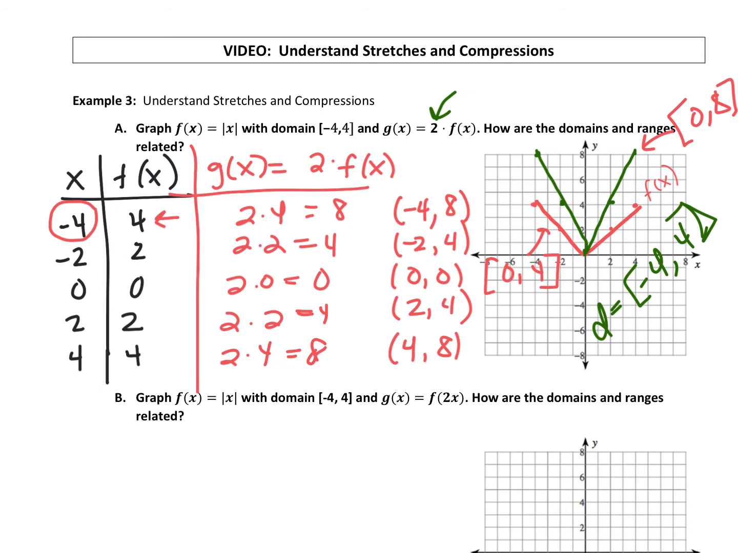So when you're multiplying your f of x function by a number out front, that will stretch your graph. If it's a number greater than 1, it's going to stretch it. If it's a number less than 1, it will compress it and kind of shrink it. Okay,